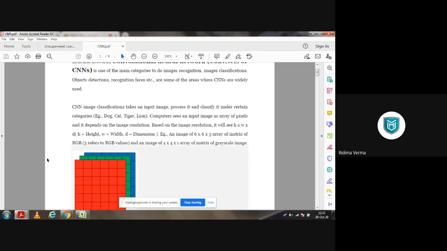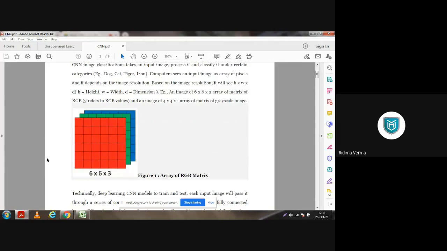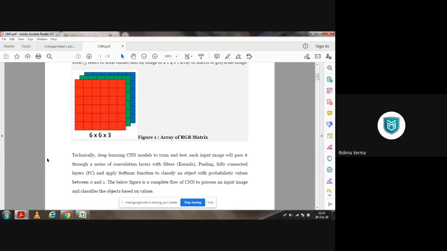So the example is an image of 6 cross 6 cross 3 array of matrix of RGB, because 3 refers to the RGB values, and an image of 4 cross 4 cross 1 array of matrix of grayscale image. So this is how a 6 cross 6 cross 3 image will look, because it consists of just 3 colors. This is the matrix that we have considered. Technically,